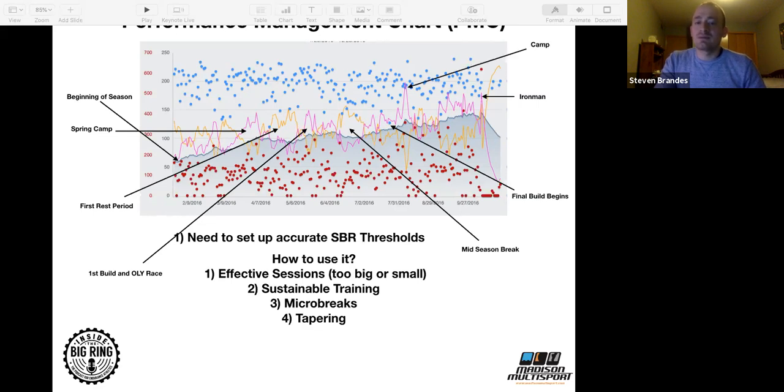Another big camp. This person came to Madison, 3 to 4 days in Madison. Put a lot of good training in. Some big days. I remember this day specifically. We did the Ironman course with another athlete, and it was incredibly hard. The whole day was tough. So you can see, he does the camp, comes back, the pink goes down, recovers from it all. Because anytime you do training camps or big days or big weekends, you need rest. You just need rest.